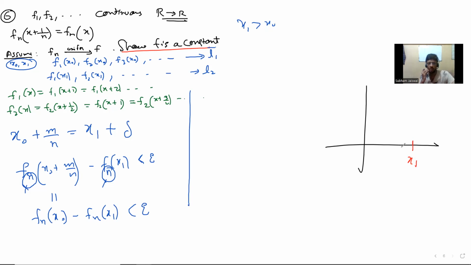So if this becomes less than epsilon, equicontinuous, are we going to use equicontinuous? So, one minute. So there is this x1, and then